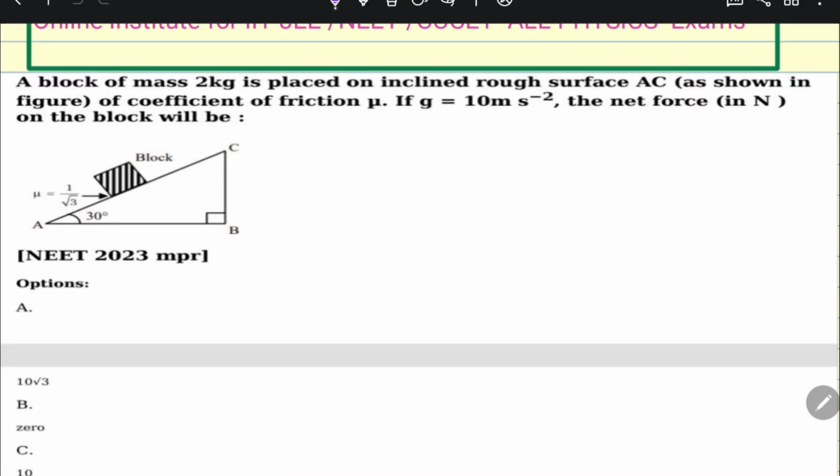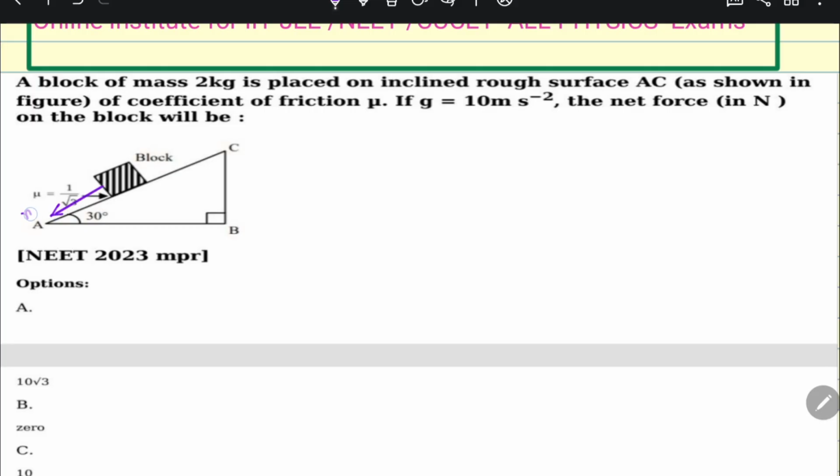A block of mass 2 kg is placed on the inclined rough plane AC as shown in the figure. Coefficient of friction is mu. g is 10 meters per second squared. They are asking the net force on the block. So, net force on the block, here you see that